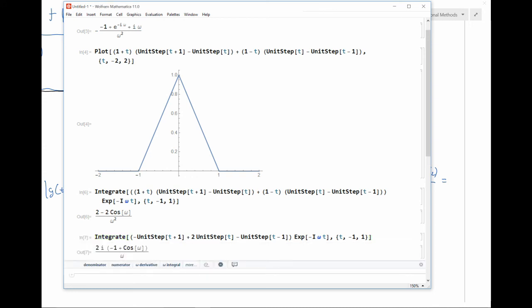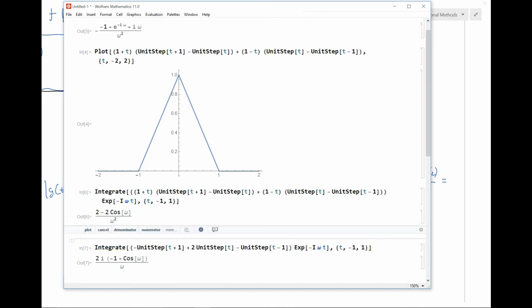You might be wondering, why is the formula different? Well, because we have a sine squared in the formula that we obtained, and sine squared can be written as 1 minus cosine of 2 theta over 2. And since theta was omega over 2, it changes into 1 minus cosine of omega. So in fact the two expressions, the one that we get with Mathematica and the expression I got by hand, are equivalent. And again, just to confirm that the function that I'm integrating against the exponential term is exactly the function that I described,